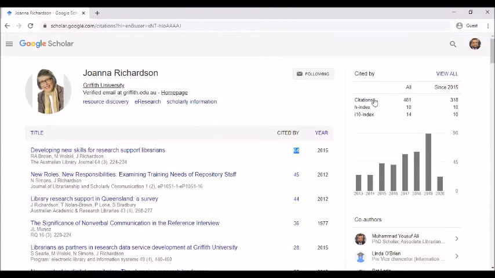Another important characteristic of Google Scholar is that it also manages the total citation count of all your publications as well as the H-index and i10-index. Google Scholar also represents your 5-year citation metric in graphical form. We will discuss the H-index, i10-index and G-index in detail in another episode soon.